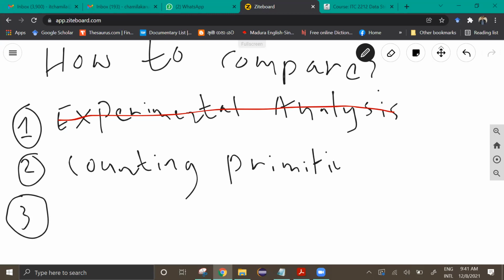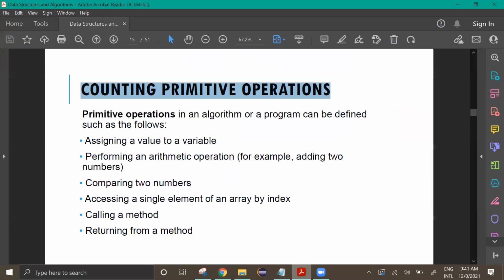Primitive operations. Right? So here, what we do is we count the number of operations. What operations? Primitive operations. A primitive operation in an algorithm or program can be defined such as